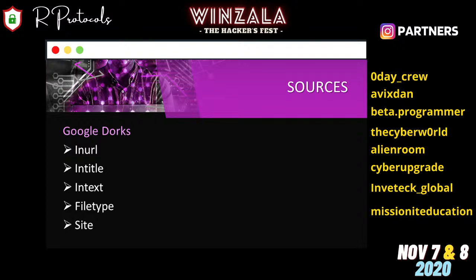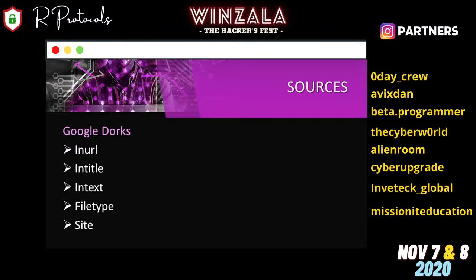If we specify a word along with the tag inurl, it brings us the links which contain the specified word in the URL. Likewise, intitle brings the titles which contain the specific word, and intext is also one of them. Filetype is used to filter a specific type of file from the internet.